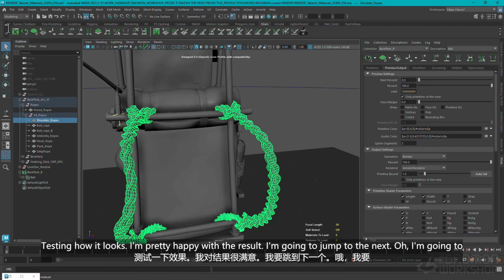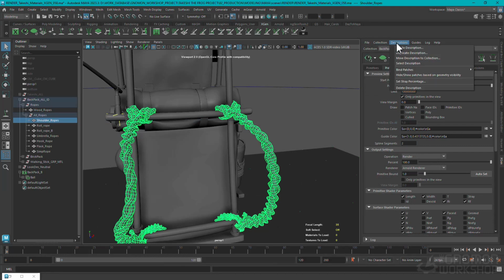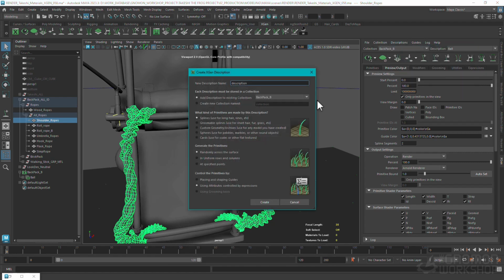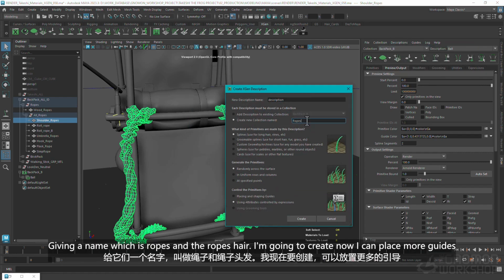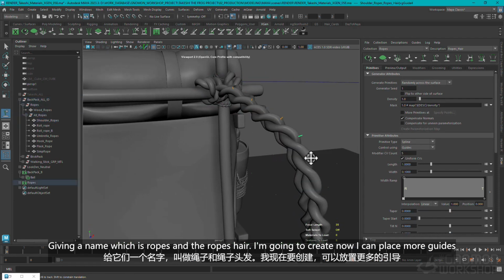Now I'm going to create a new description from these ropes. Here I'm creating the new description. I'm giving a name, which is ropes, and the ropes hair. I'm going to create. Now I can place more guides,